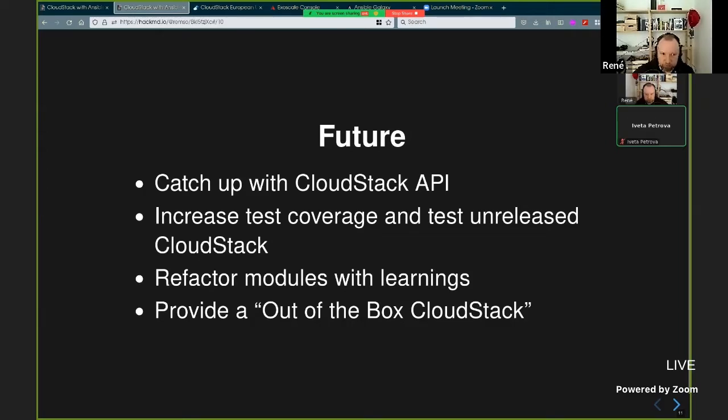I also have to focus on increasing test coverage and also testing unreleased CloudStack versions. Probably also refactor some modules, the early ones, with the learnings I had over the last couple of years, and also provide probably an out-of-the-box CloudStack configuration setup.